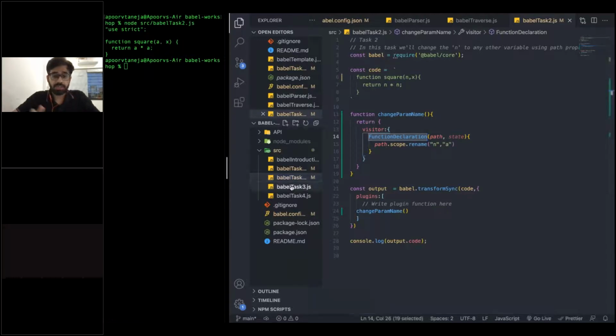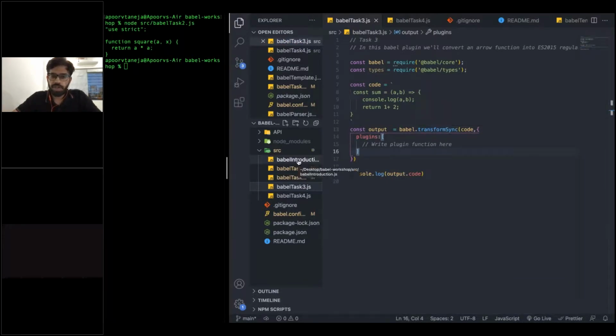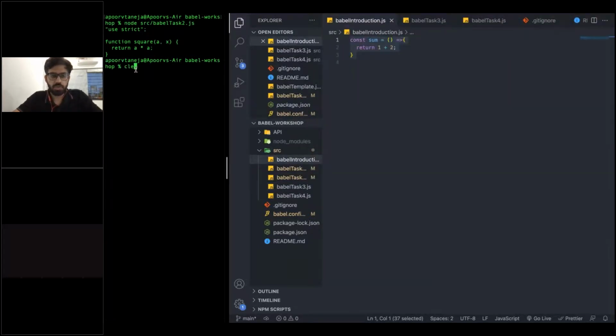The third task is something interesting, and we'll convert our arrow function into a regular function. We saw something in the Babel introduction file, which I ran some time back. So I'll run it again for you just to give you a demo of what we'll be doing. It is really an interesting task because this is something which Babel actually does, and we'll be doing it on our own. So if we run this with npx, you can run it along with me in Babel,